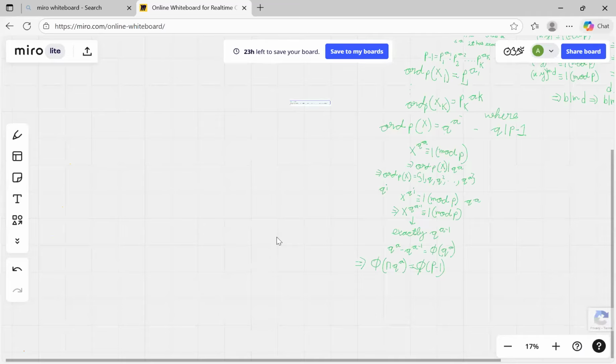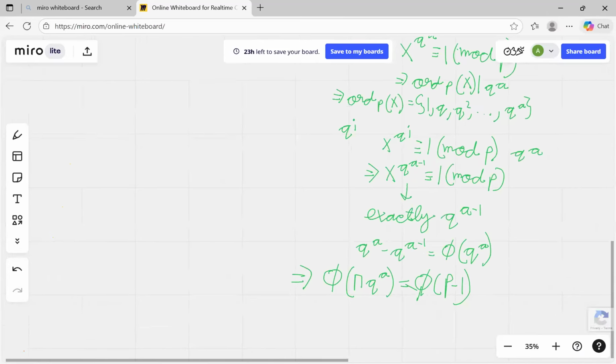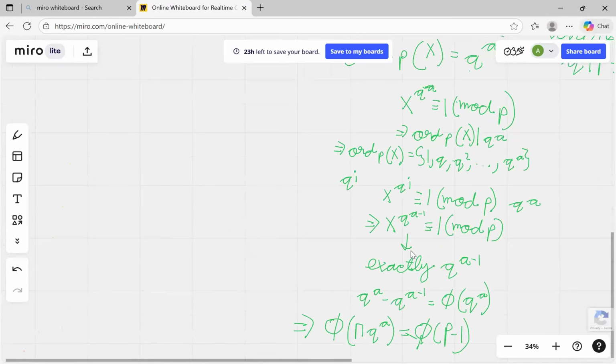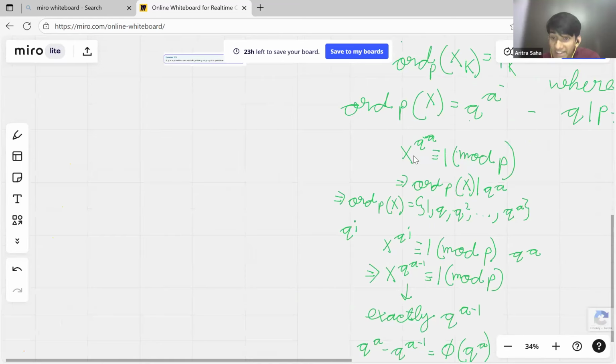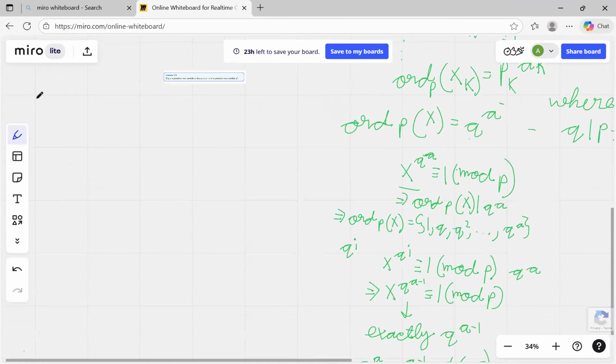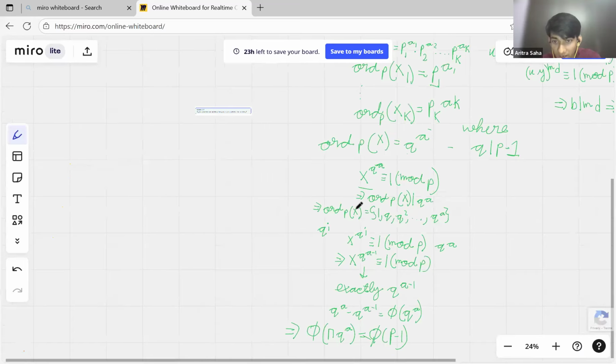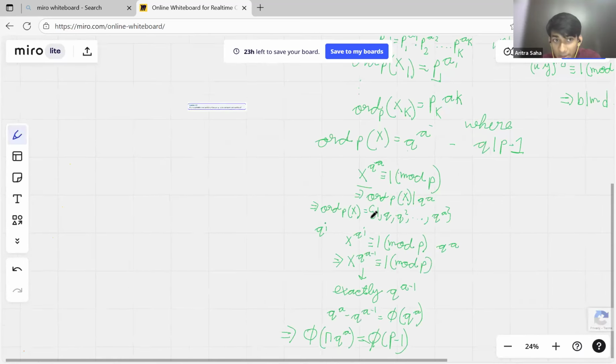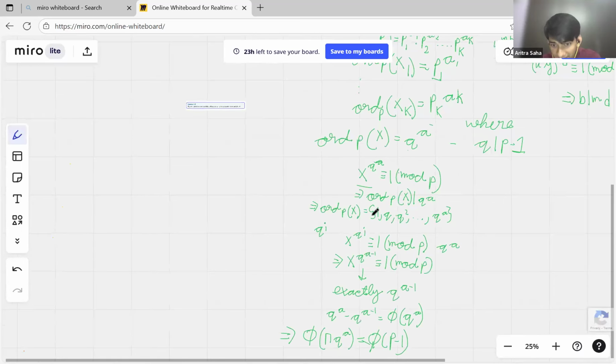But there could be some primitive root which might not be representable as a product of primitive roots of q to the power a. No, if there is a primitive root, that will be a root of this. For everything, this is a root. Okay, yeah, it has to be one of those. Okay. Somebody else was telling me to explain the last part,